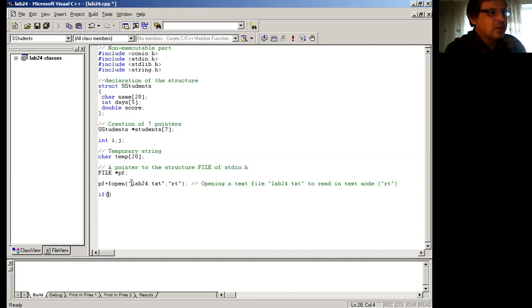If the opening is successful, PF must be initialized by some value, so it is not null after this. Okay, so what happens if PF still remains null? Okay, so if PF is null,